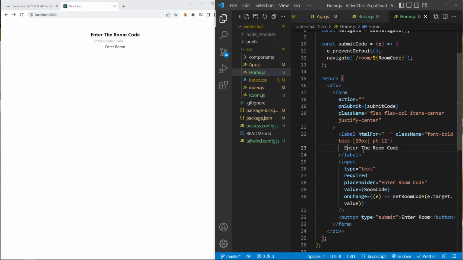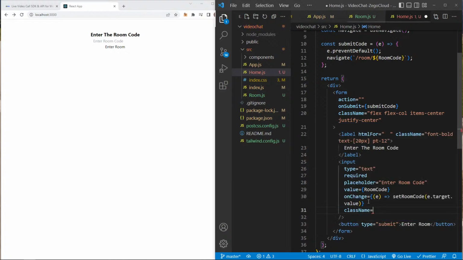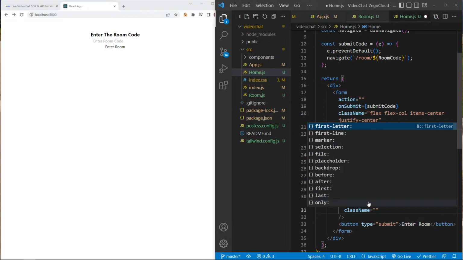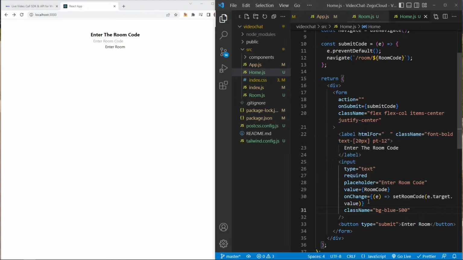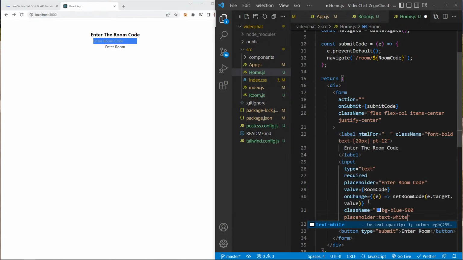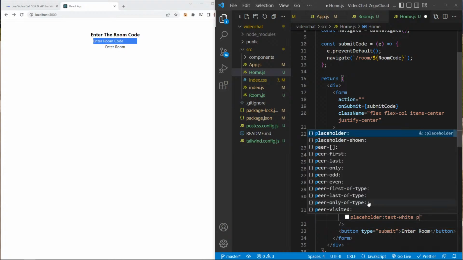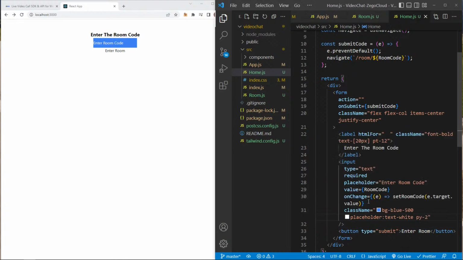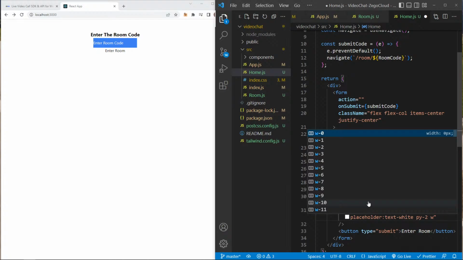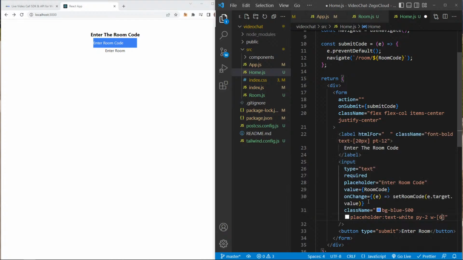Now this input, let me give it a class name of bg blue 500, like that. The placeholder should be text white. I want a padding on the Y of 2, like this,